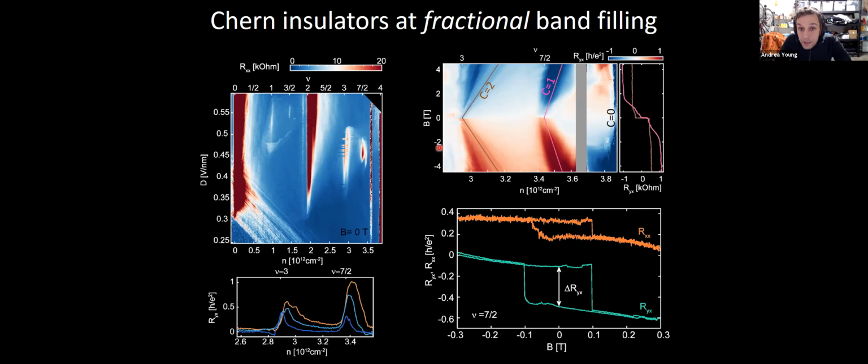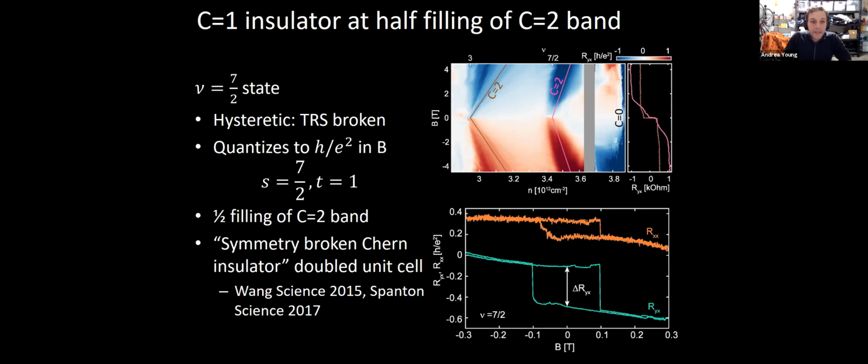And if you look at these magnetoresistance plots, you can see that they seem to agree with having a finite slope, which tells you a Chern number of 1, whereas, as I told you before, at nu equals 3, you have a Chern number of 2. That's our switchy Chern insulator. Here you have something at 7 halves that has a Chern number of 1. That's consistent with what we call symmetry broken Chern insulators.